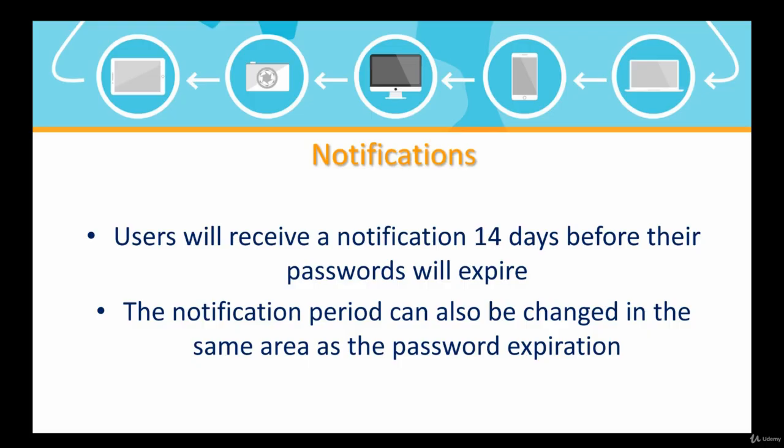Now, another thing that's very important here is that users need to be aware that they are running out of time. So users are going to get their first notification when 14 days remain up to the point where the password is going to expire. So 14 days before your password expires, the user is going to start getting bugged, and basically it's going to be warning the user, hey, you're running out of time, you need to change your password. They'll get these little notifications popping up on their screens as they try to interact with their cloud